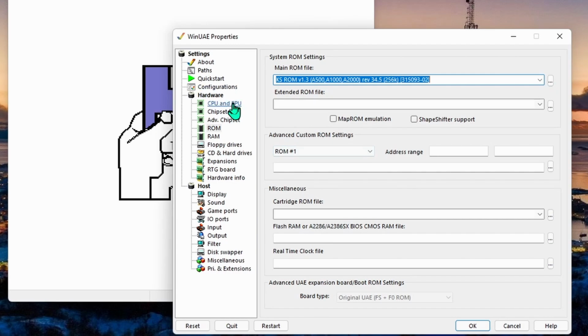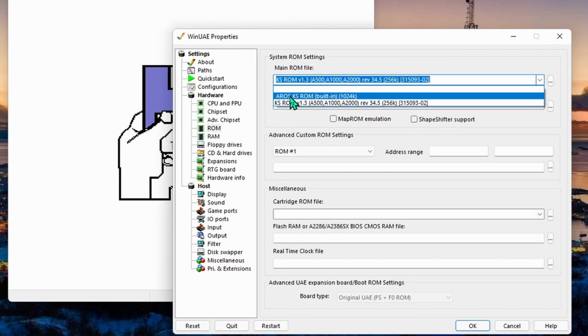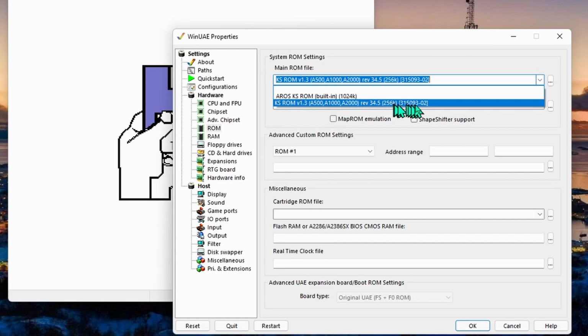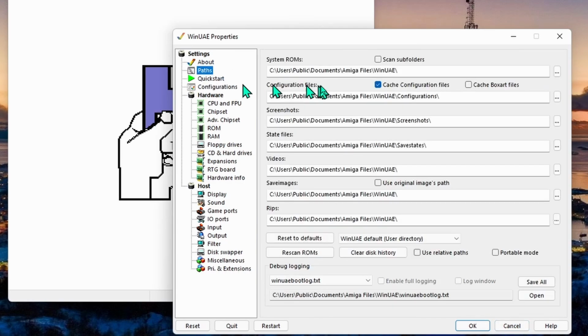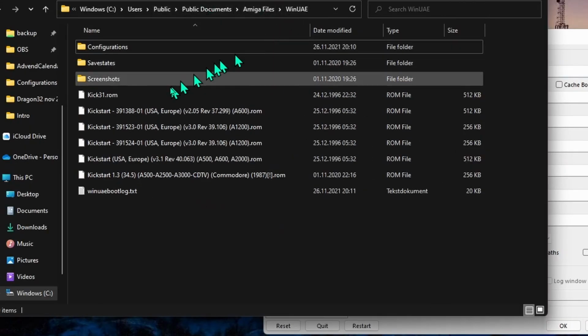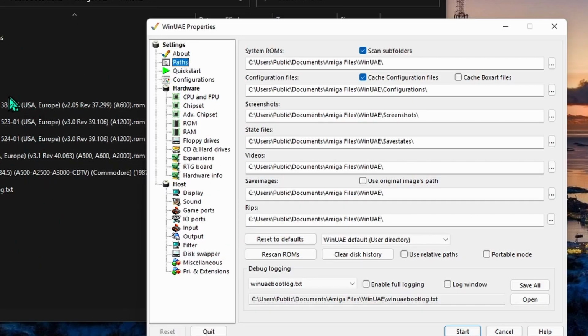and in the ROM section, you can see I only have one Kickstart ROM, 1.3. The AROS KS is something that's built in and comes with the emulator. Haven't used that. So if I now go to the paths here, you can see system ROMs, and the path for that is this one. You can of course change it to something else, but I actually downloaded and copied some other Kickstart ROMs into this folder. So the ROMs are here in my WinUAE folder,